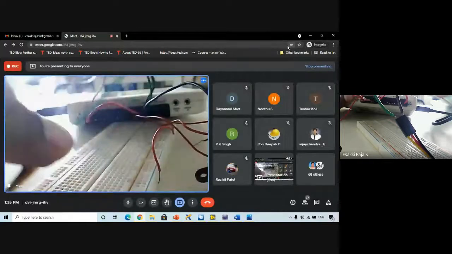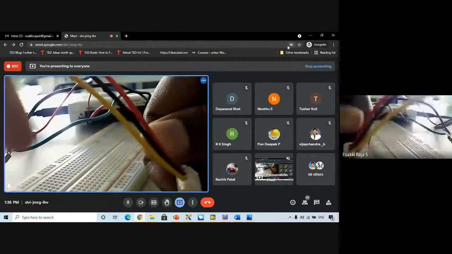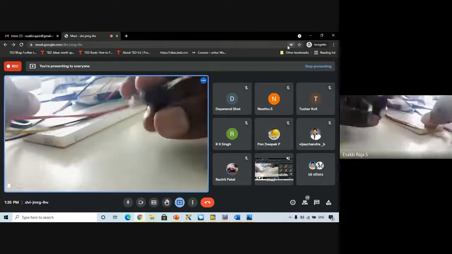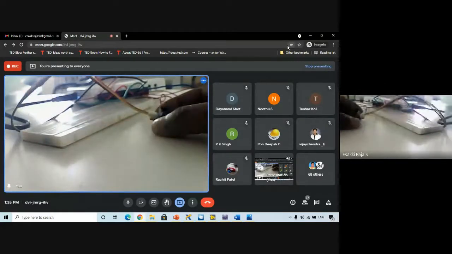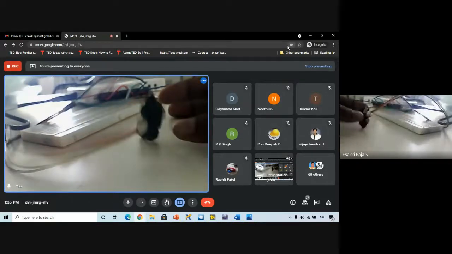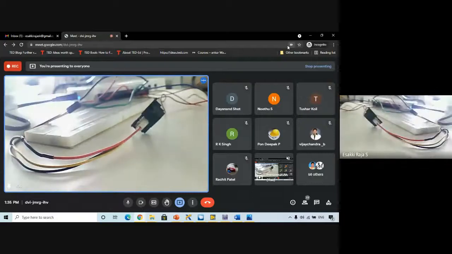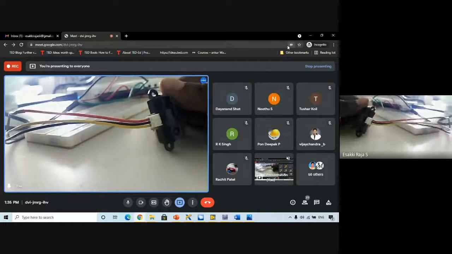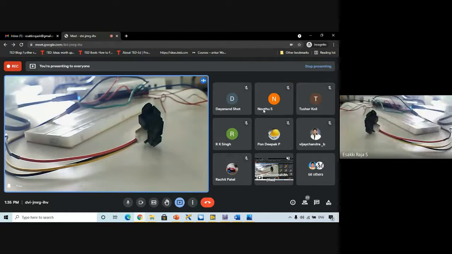Just a minute. Yes, I have given every connection. Let me keep it a little far. Here we have our sensor, and we have completed the connection. The connection is very simple for our sensor. We just need to provide a supply, and using an analog input, I'm measuring the output from the sensor. Even programming is very simple, just a single block, that's it.